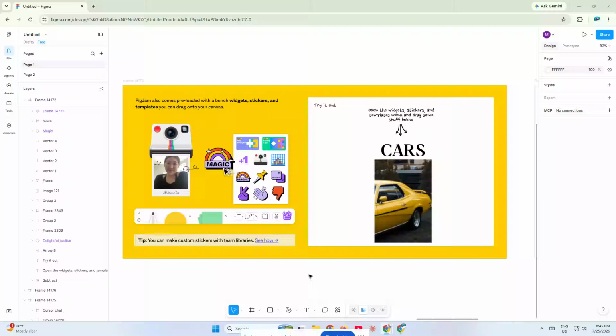Today, I'm going to show you how to export images in Figma quickly and correctly so you can save exactly the asset you need in the right format and resolution. Whether you're exporting a layer, a group, a component, or an entire frame, this simple workflow will help you get